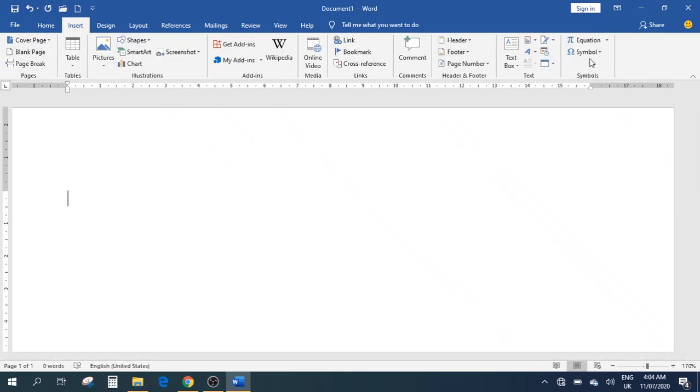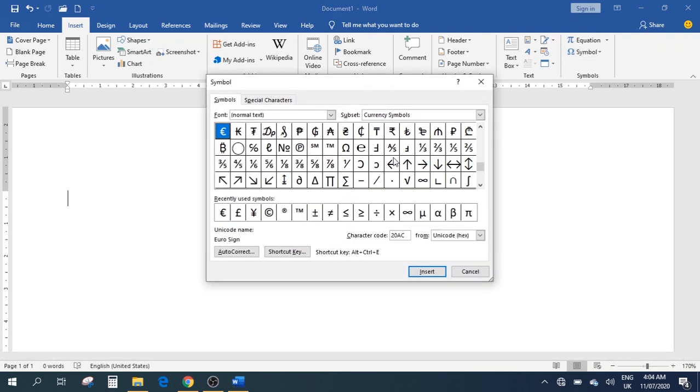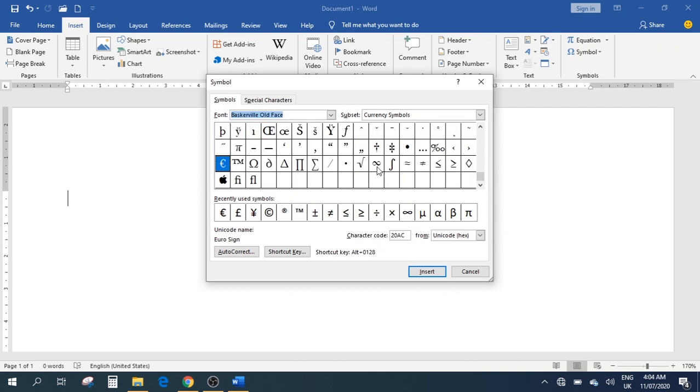Go back to insert, and then you also have the option to insert symbols as well. If you click on it once, it shows you some famous symbols along with some smileys as well. And if you go to more symbols option, then it shows you all the options which are available. If you click on this, you can use different fonts as well. That way you get the pictures and all the symbols in different formats. And the famous ones which we recently used are these, but it shows you all the currency symbols, and here are some other options as well which you can use to bring different types of